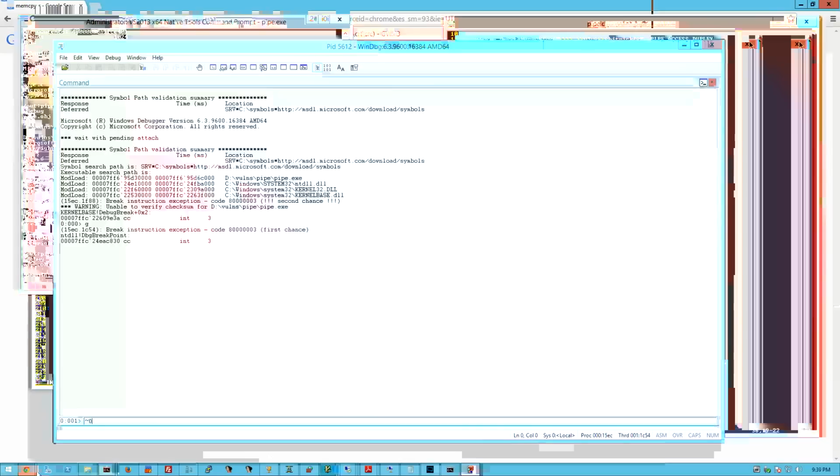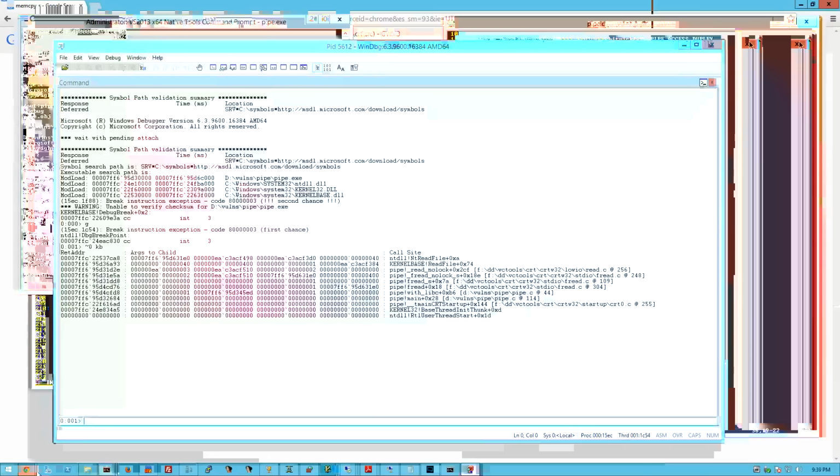If I break here and KB, it looks like we're in a read file. So it has something to do with buffering. This is not a kernel info disclosure. This is in userland. Sadly. I wish it were a kernel info disclosure. If it were, I wouldn't be doing this on stream, although MSVCRT might be used in the kernel, potentially, so maybe this is a kernel info disclosure, in which case, that sucks, but